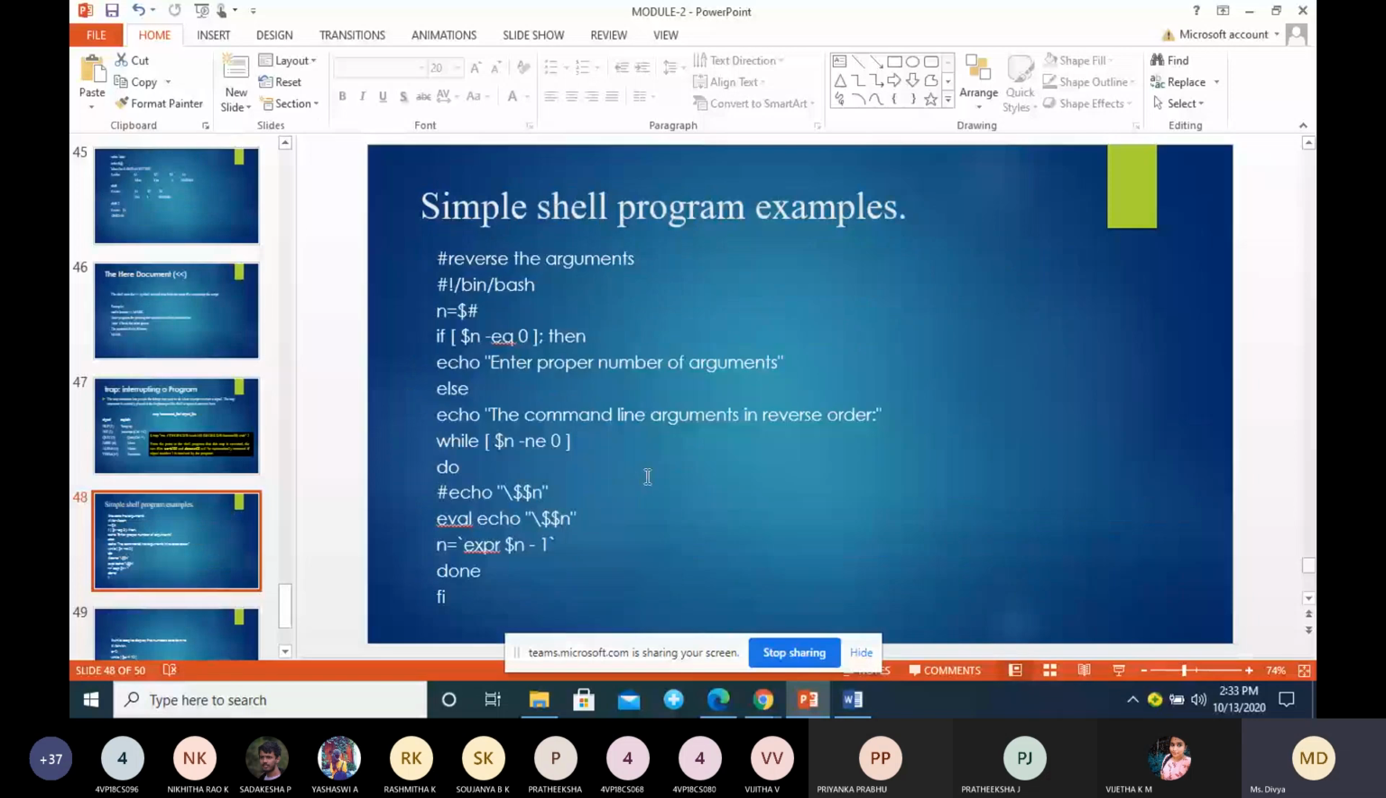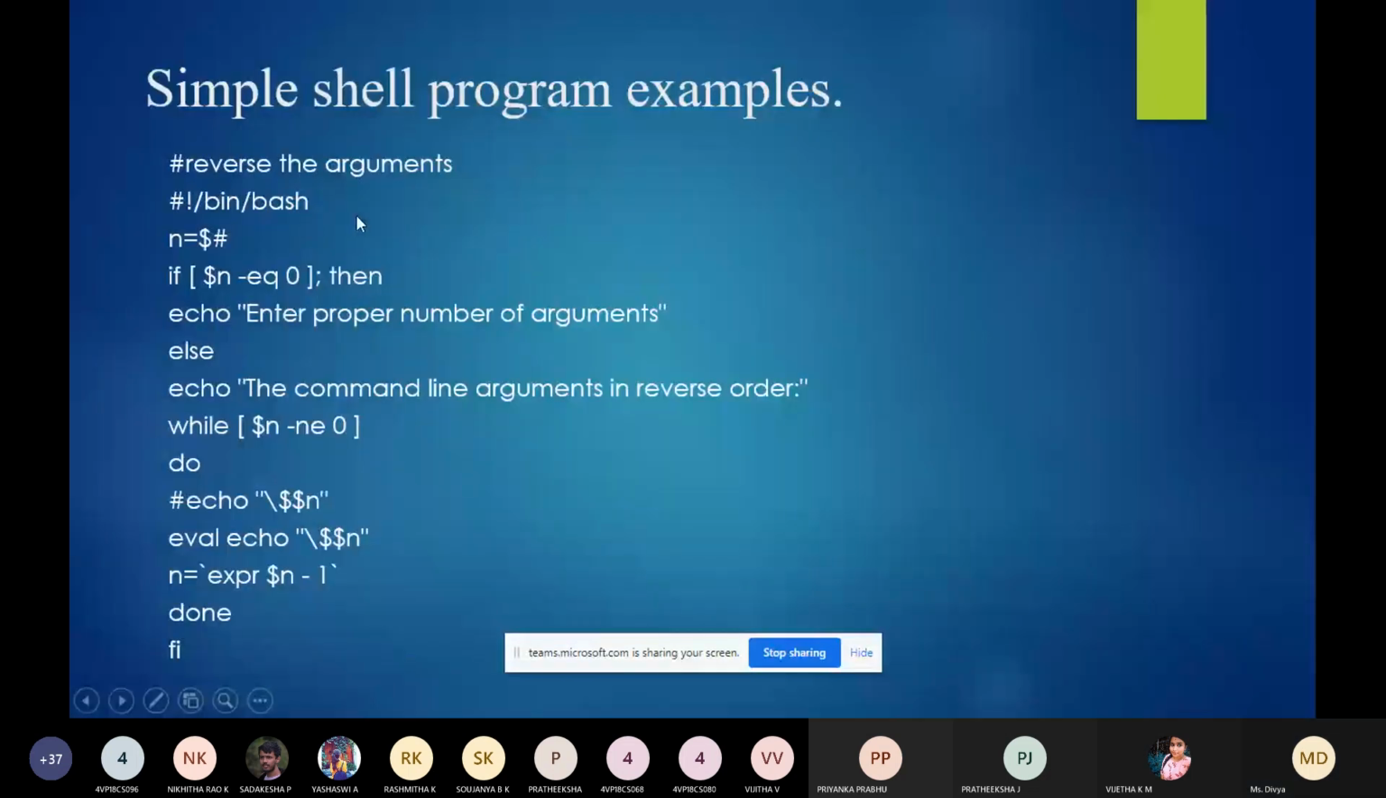So let us look into some simple sample shell programs. So this is one program. Whatever arguments you pass should be displayed in reverse. For example,